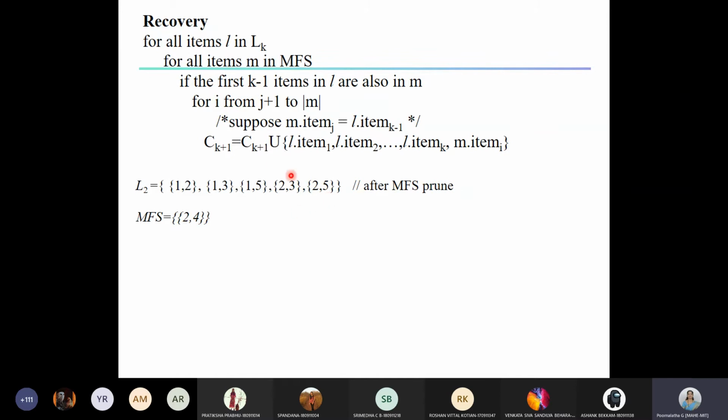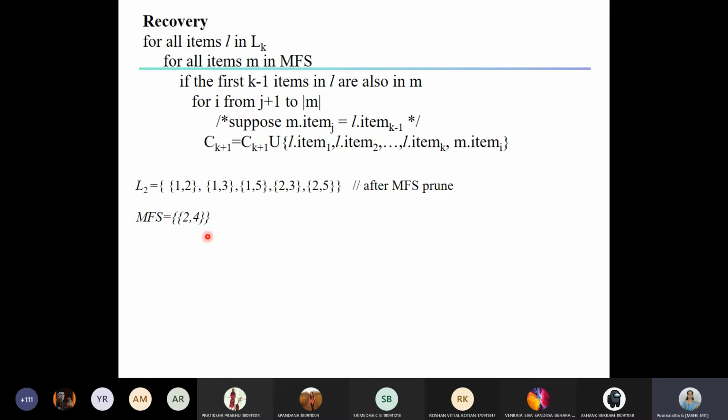Okay. Now because we have removed this {2, 4} from L2, we are going to miss the items {2, 3, 4} and {2, 4, 5}. We are not able to generate those items. That's why we are calling the recovery. If any item set is removed from Lk in MFS prune, only then we are calling this recovery function.